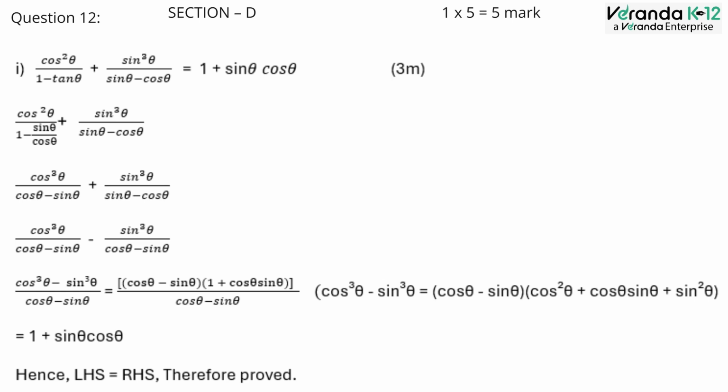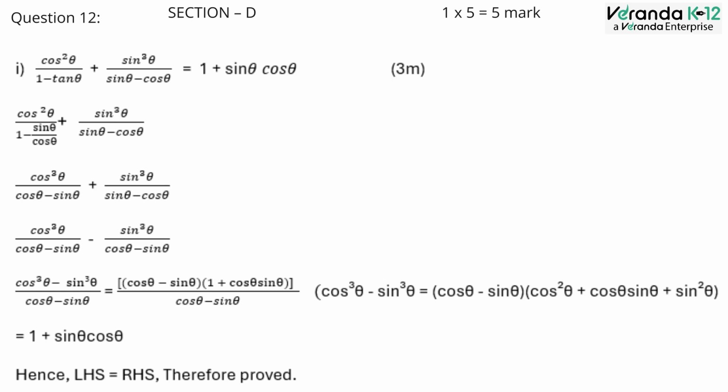After simplification, this LHS becomes cos cube theta by (cos theta minus sin theta) plus sin cube theta by (sin theta minus cos theta). To make the denominator same, we'll take minus outside from the second term's denominator. Therefore, cos cube theta by (cos theta minus sin theta) minus sin cube theta by (cos theta minus sin theta). So now we'll use the a cube minus b cube identity. We'll get (cos cube theta minus sin cube theta) by (cos theta minus sin theta) as (cos theta minus sin theta) into